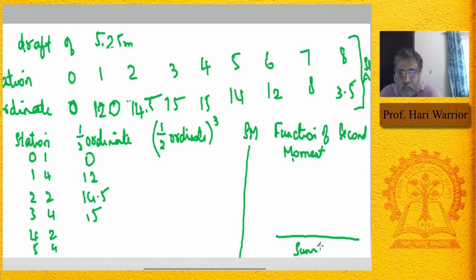Sir, 3686.75. That is just the summation of the function of second moment. Yes, summation. Or did you multiply it with something? Without multiplying it with something, it's not that. 49,000. No, not 49,000. 4 lakh. No, 49,782. Sorry, I did the wrong thing while cubing.